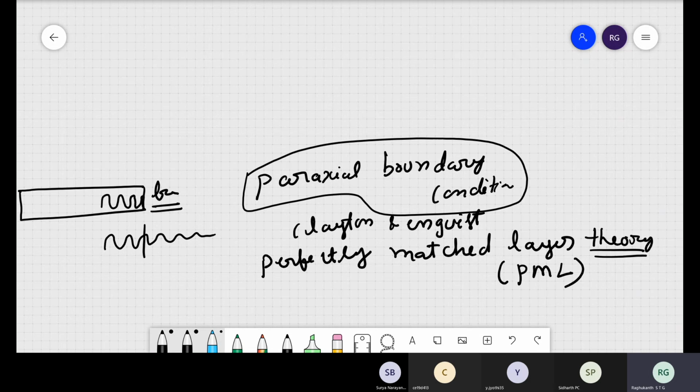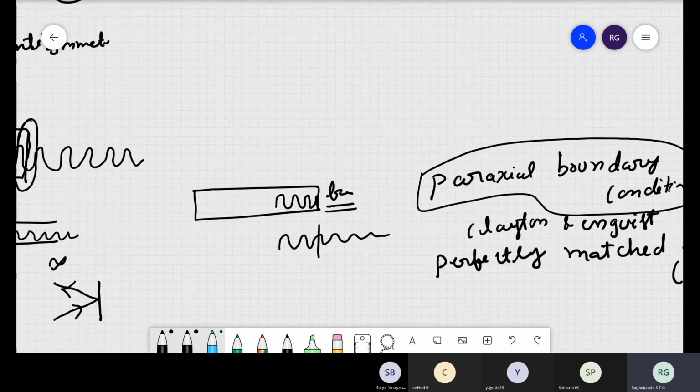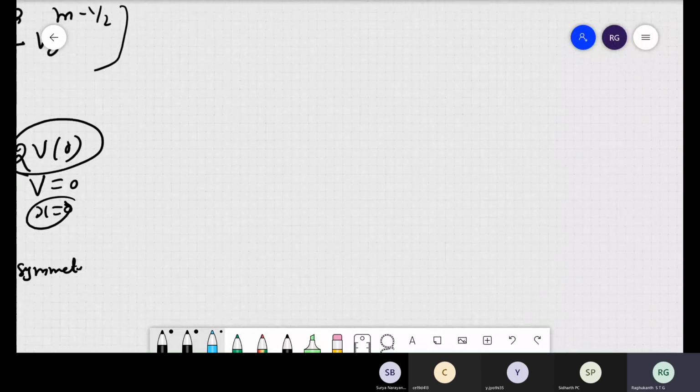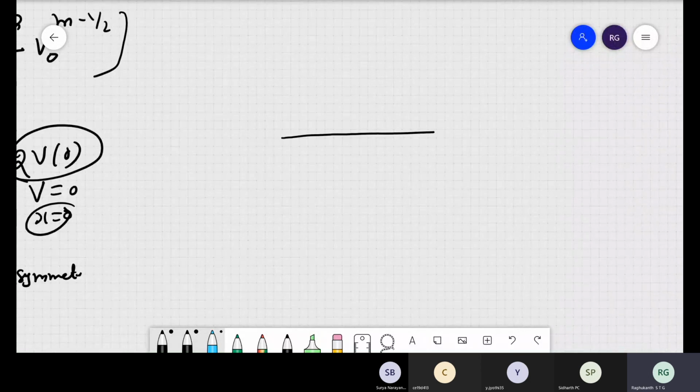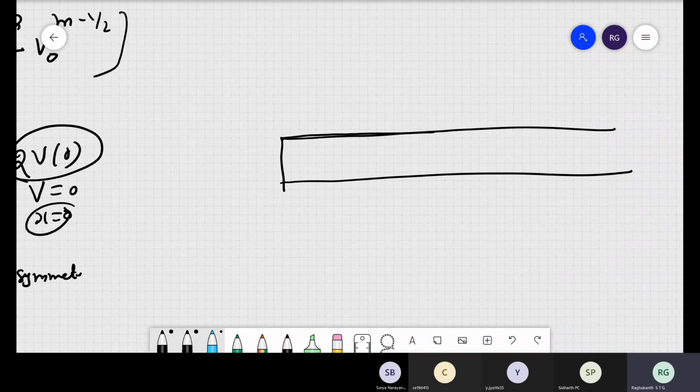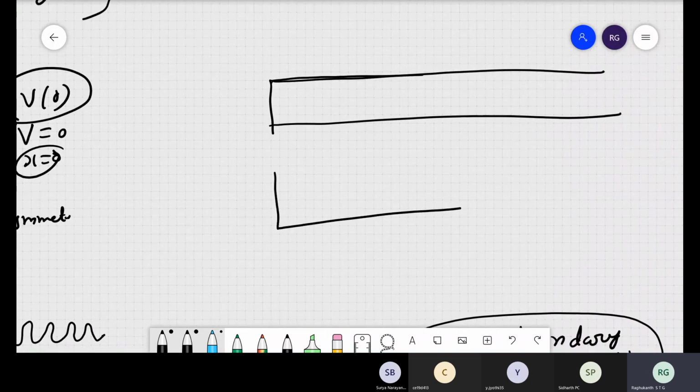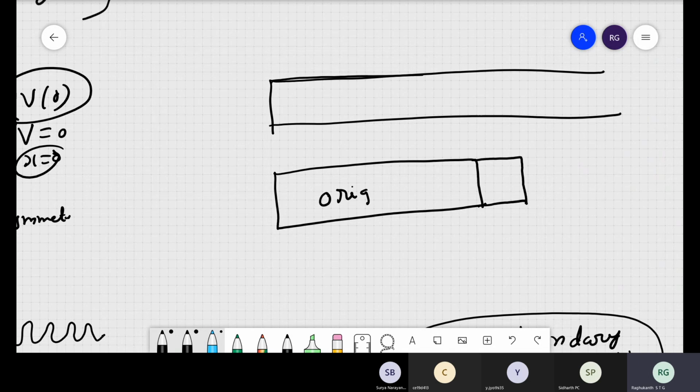So the concept is very simple. You have two equations, say. For example, this is our original medium which is infinite. Now we are representing this in a finite medium up to this place. At this junction, we define some more, we slightly increase the length of our beam. So this is your original, and this we call the PML, the perfectly matched layer medium.